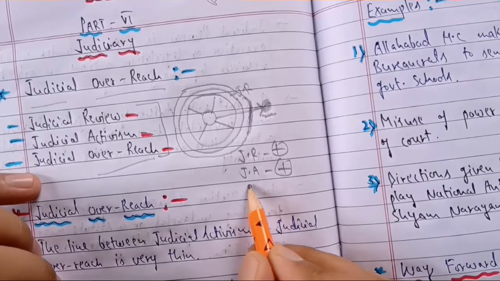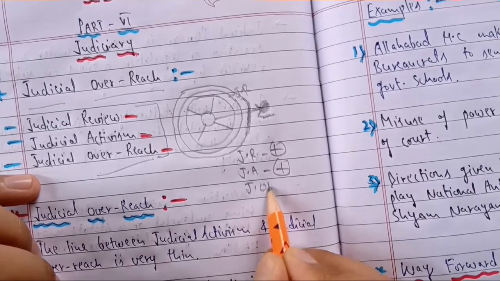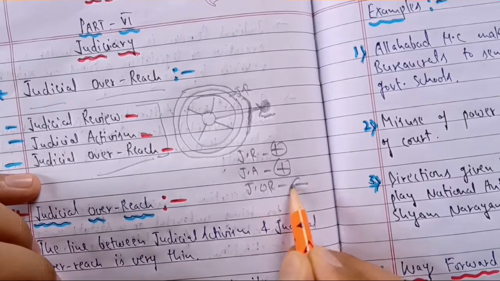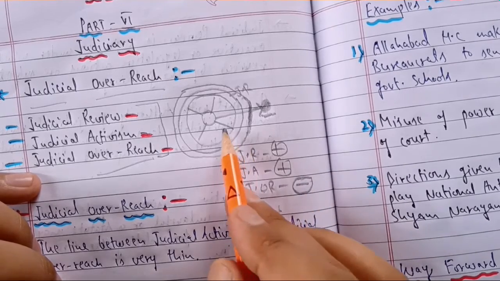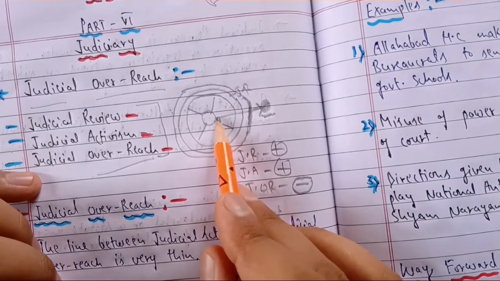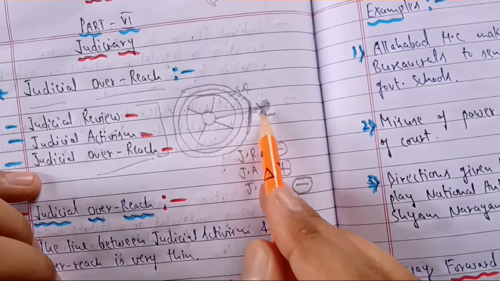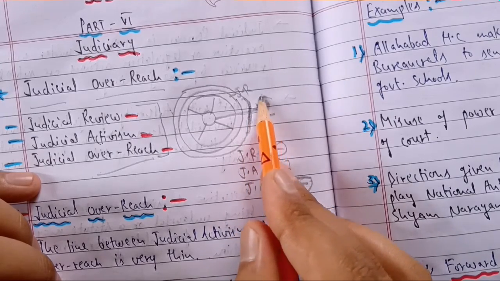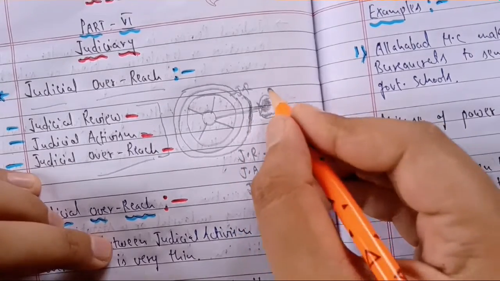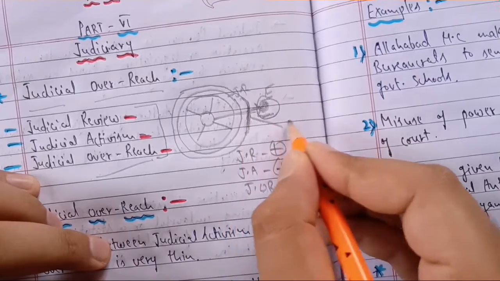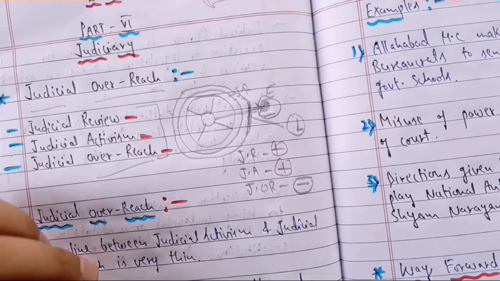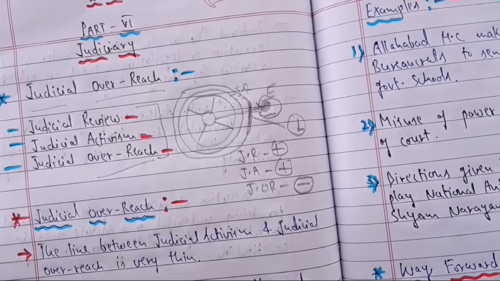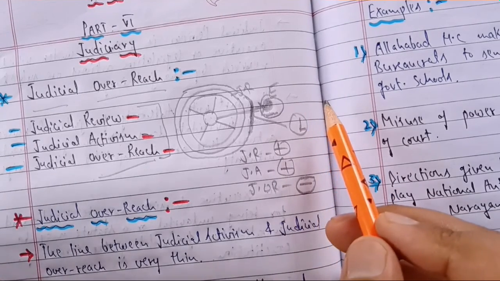As well, if I talk about judicial overreach, this is negative in nature. Okay, and why is it negative? When the judiciary comes out beyond its limits, beyond its territory and functions, which may be a territory of the executive or of the legislature. To maintain this separation of power, which is a provision of our basic constitution, it has to be maintained in a democracy.